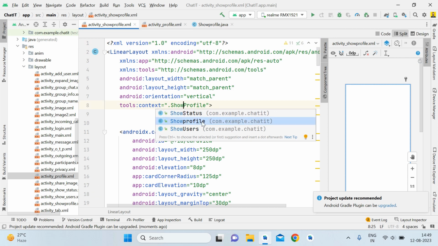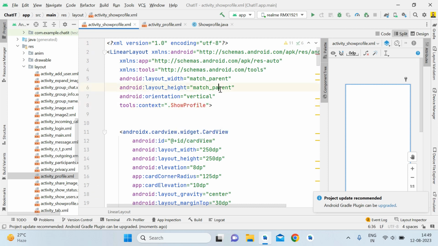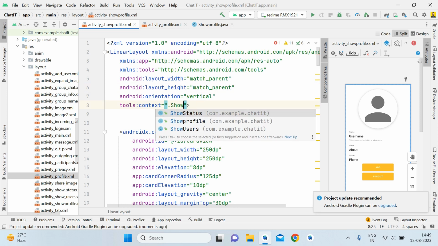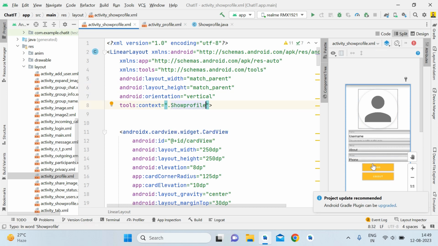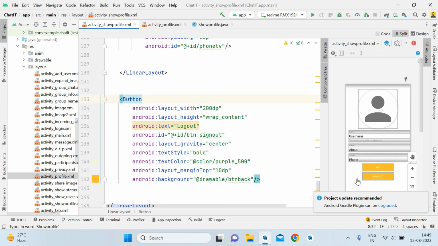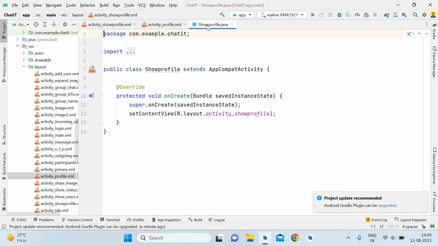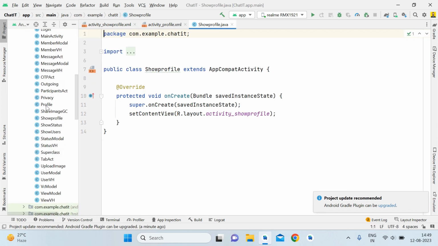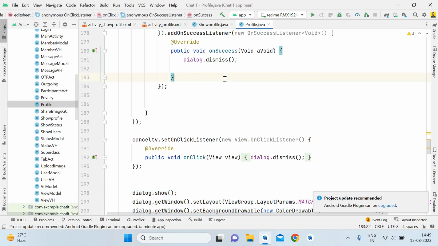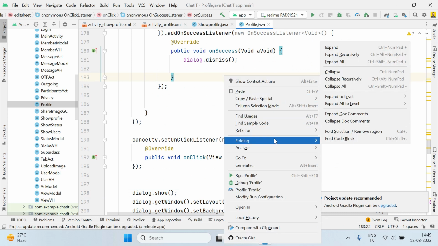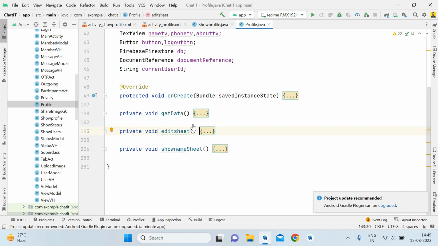Okay guys, yes, and now it's okay. So guys, from here you have to delete this button, delete this button, and okay, fine. Now you have to open this show profile and also open the profile Java code. So from here we can copy the codes that we want. So simply click on this folding, collapse all, and we only need